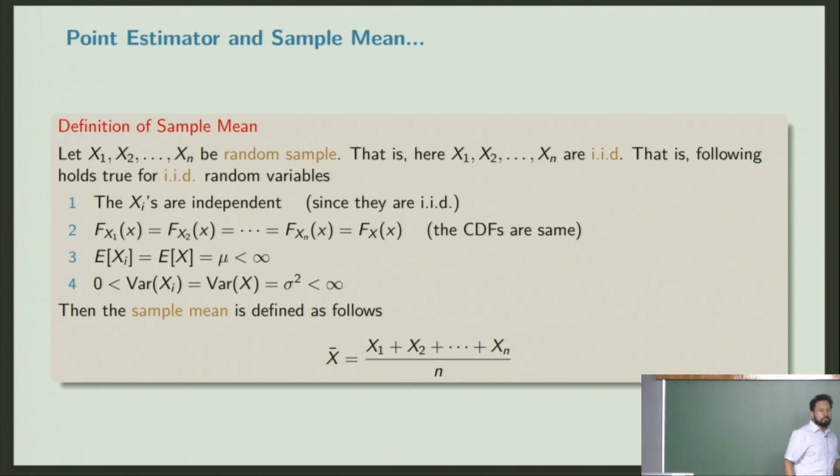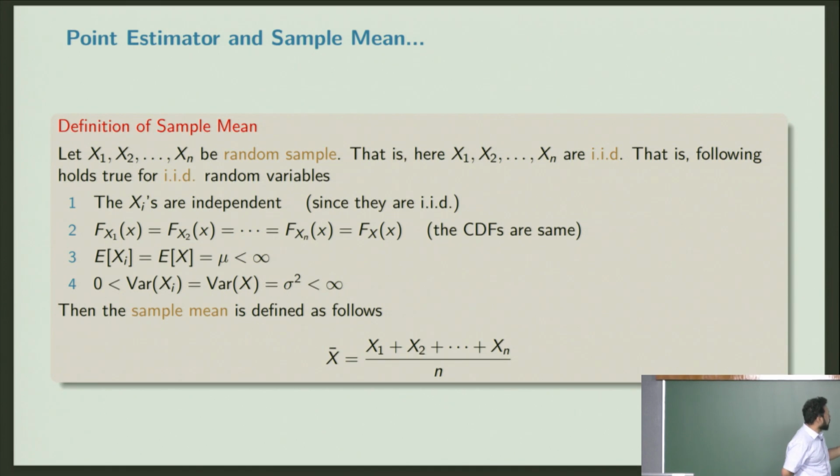Now I can define a sample mean. This is our first statistical estimate. The first statistical quantity that I want to estimate is the mean from a random sample. So I went out in the field, I collected data. That is my random sample. From a random sample, what are the statistical things I can do? Mean. Let us calculate the mean. So x1 to xn is my data, and it's a random sample.